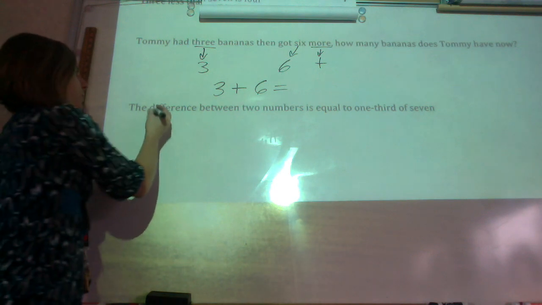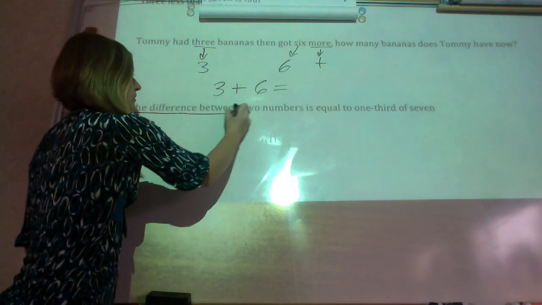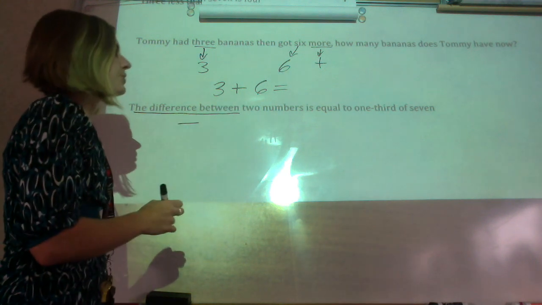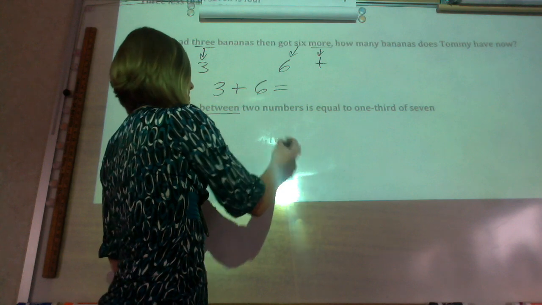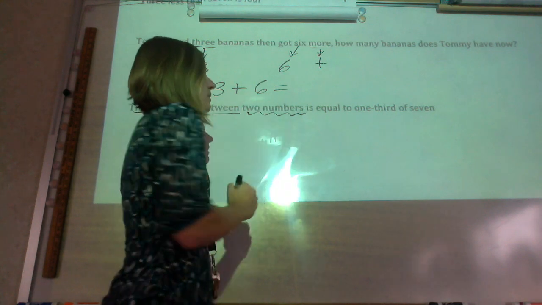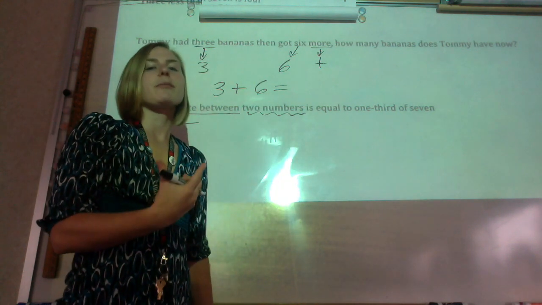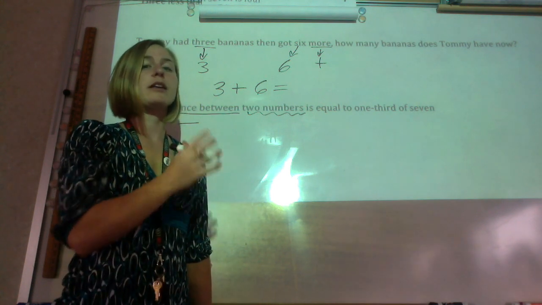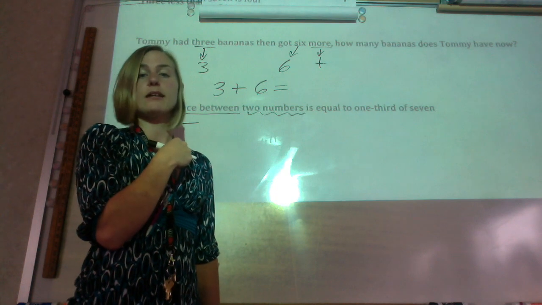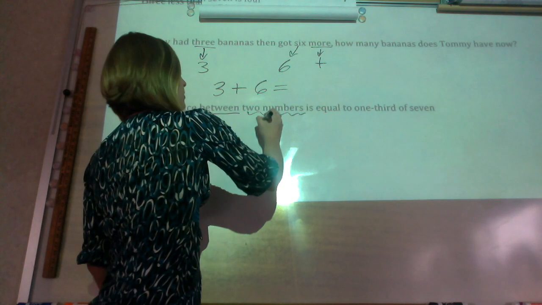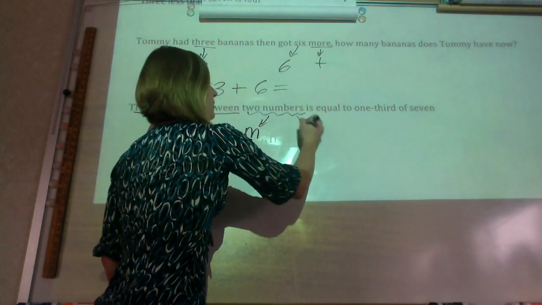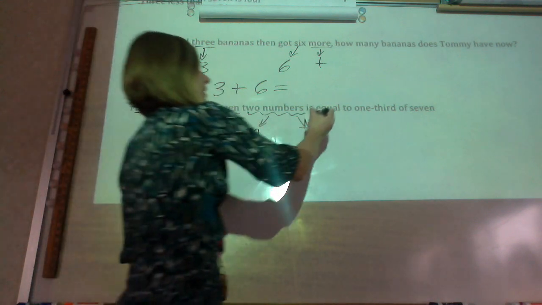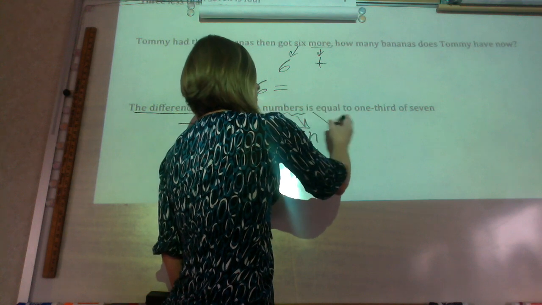The difference between 2 numbers. "Difference between" means we're working with subtraction. We just have 2 numbers, it doesn't tell us what. So whenever you see it say 2 numbers, it's essentially saying choose whatever variable you want. I'm going to choose M and N; you can choose any ones you want. So 2 numbers, M, and another one, N. We're doing the difference between those 2 is, so we have an equal sign,